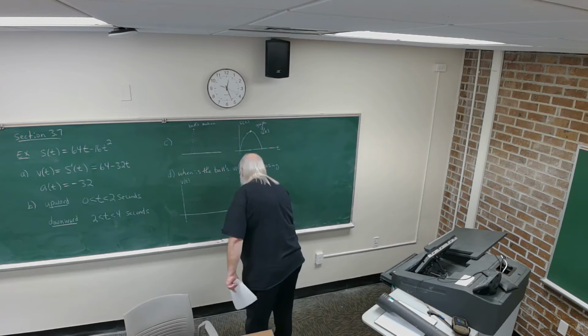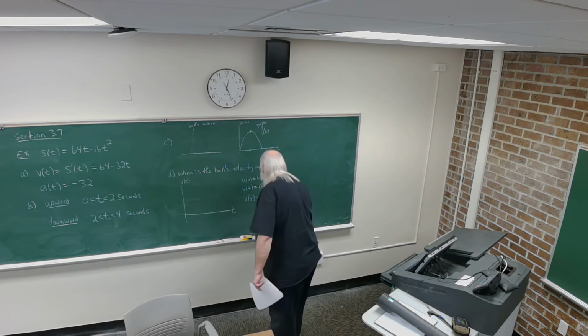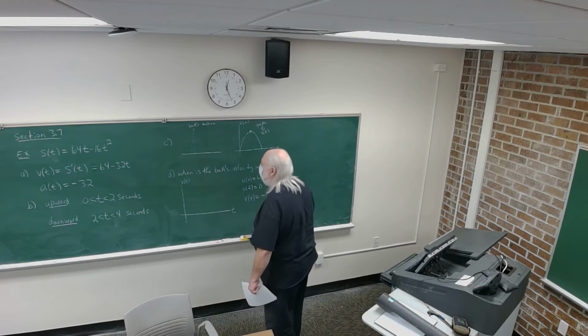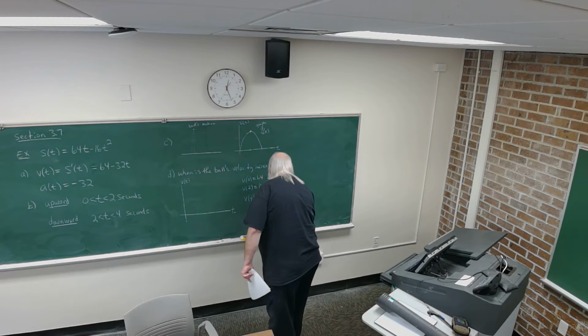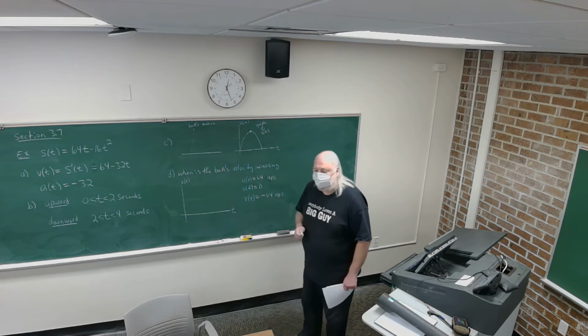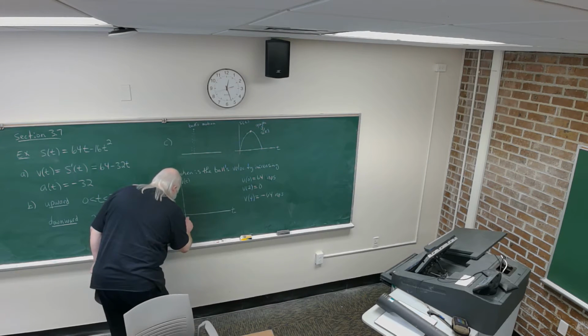And what's the velocity at 4 seconds? It's minus 64. So it goes from what are meters per second going up to minus 64 meters per second when it hits the ground. So if we graph that,